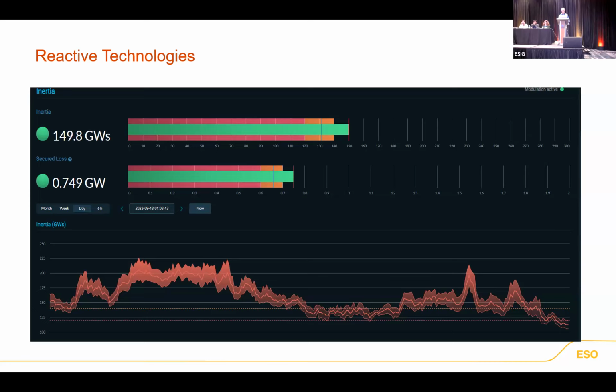So this is allowing us in the control room to save money because we know where the inertia is and therefore we can buy accurately in the market. We can curtail fewer megawatts of wind and buy fewer megawatts of gas to provide that inertia. It also means that when we go to market through our Pathfinder projects, we know how much inertia we need to buy. So we know how much grid forming inversion we need to buy. We know how many synchronous condensers we need to procure in the market. And we're not over procuring, we're procuring just enough. So again, it's good news for the consumers, and it's great news for the control operator. For the first time, they can see that cliff edge.